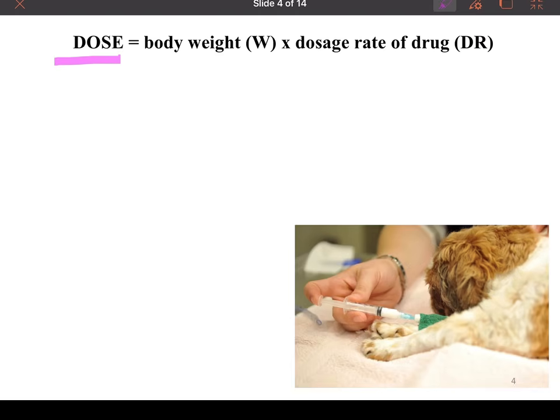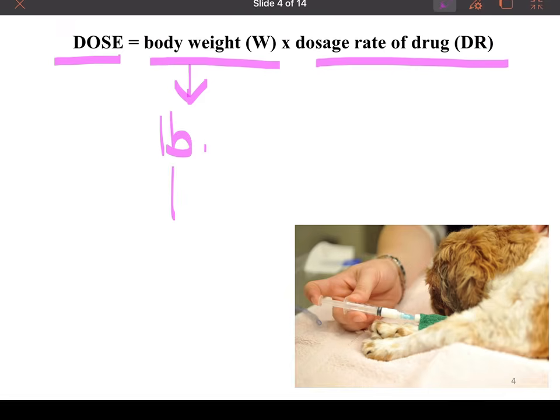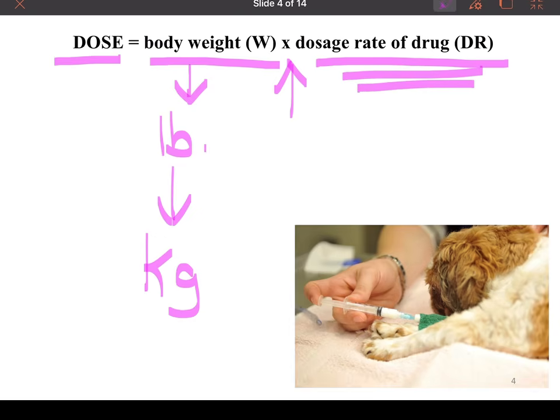Our dose is equal to the animal's body weight times the dosage rate of the drug, which is going to be a given. Now we can weigh our patient and get body weight. Sometimes we weigh in pounds, oftentimes we have to convert to kilograms, times the dosage rate. Again, the dosage rate is a given. It's either going to be given in the veterinarian's orders, we'll find it in Plumb's, or find it on the